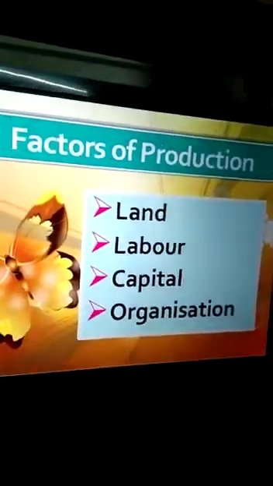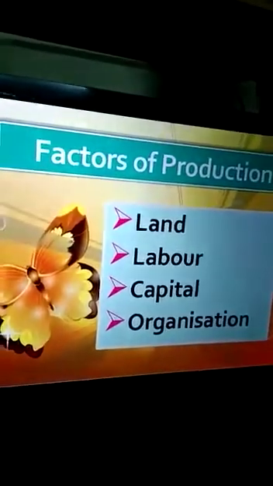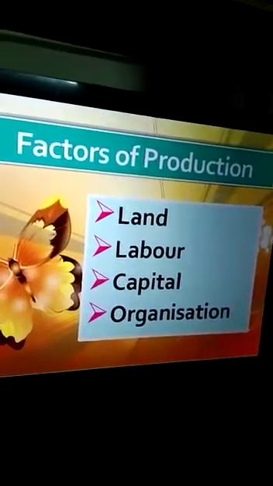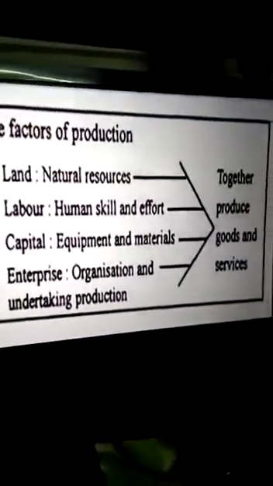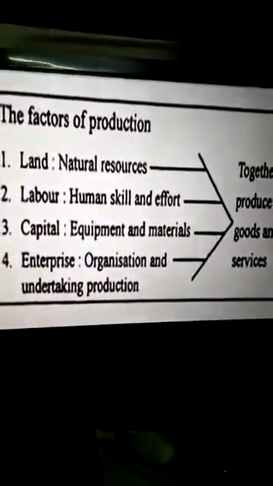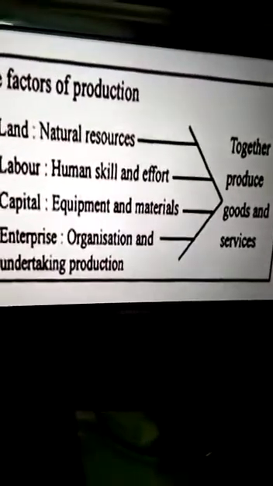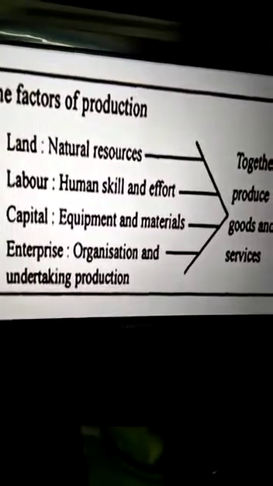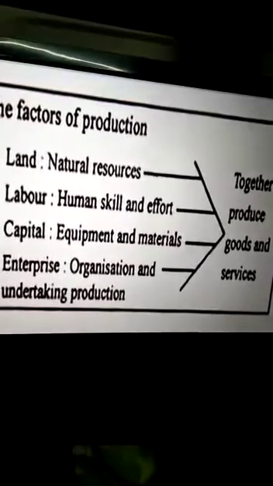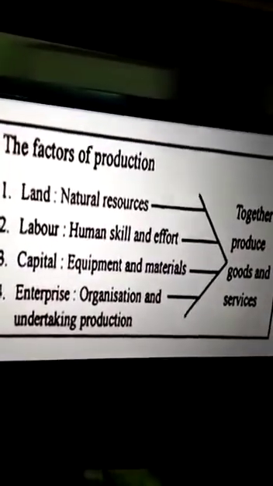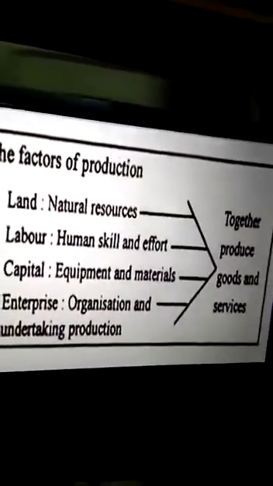So let us discuss again: land, labor, capital and organization. Organization means the human capital. These are the four factors of production. We can call it the organization of production also. Land is the natural resource and that is very important for any production. Labor is human skill and effort. Without it, it is not possible to go through the production process. Then comes physical capital, and within that there are working and fixed capital. Then comes enterprise, that means the human capital, organizations where human beings work together for the production process.